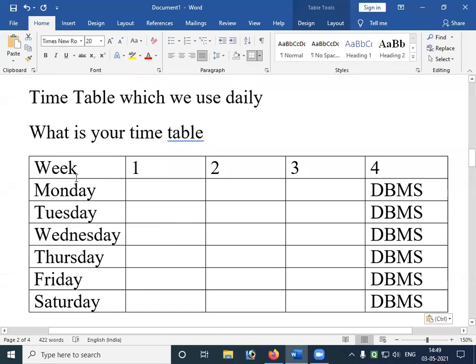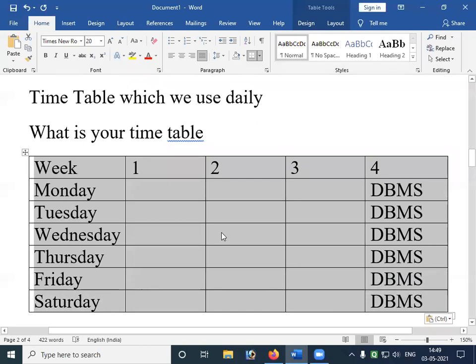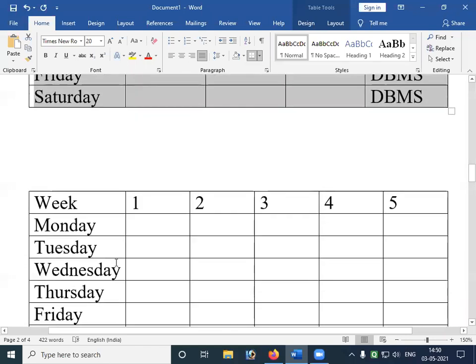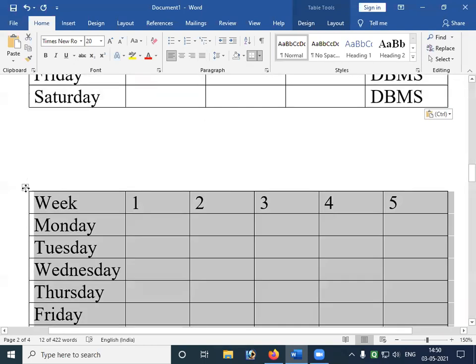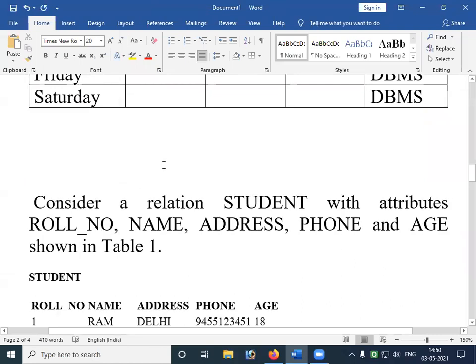Now you usually write the timetable in this manner. Now if this is the case, is the relation finished? No, it is not yet finished, my dear friends. If I ask you a question like, how do you store 2 sections' timetable in one table? This is storing of one section's timetable in one table. Now, if I ask you how to store 2 sections' data in one table, that is where our relational database comes into existence.